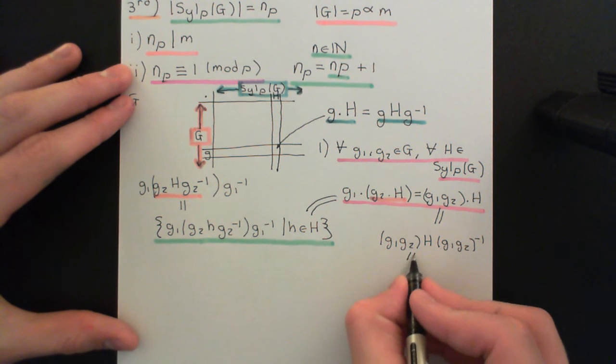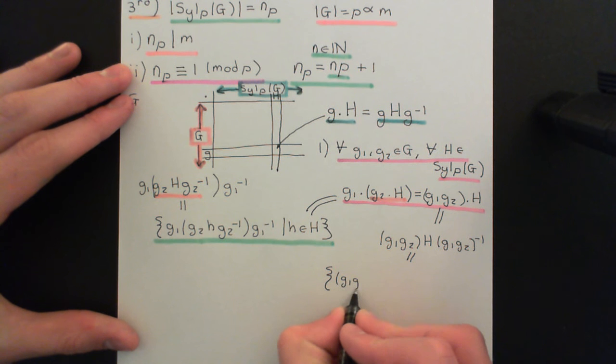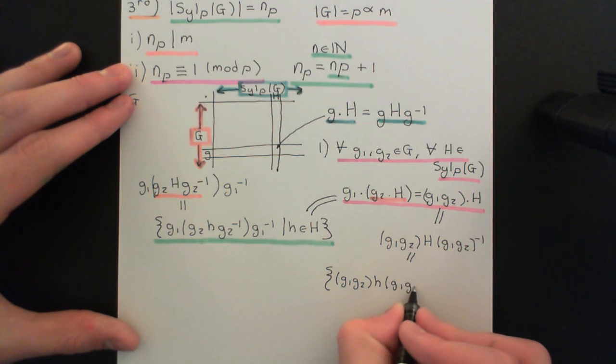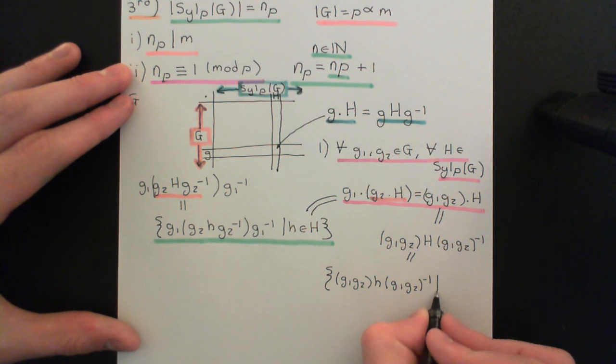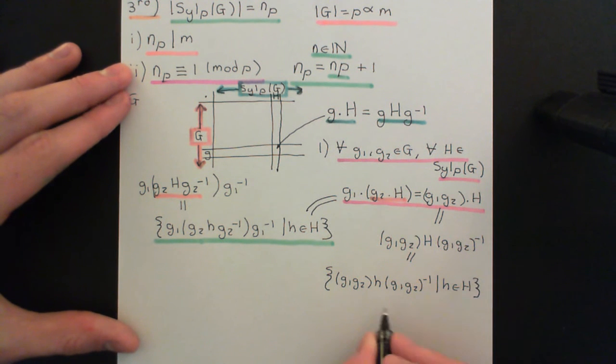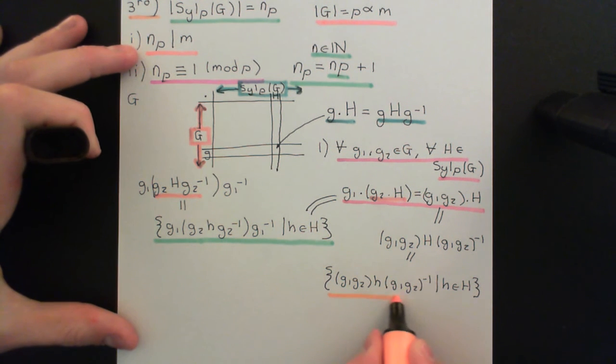Okay, so as a set, this will equal all things of the form G1 composed with G2, little h, and then we'll have G1 composed with G2's inverse, and little h will be an element of the subgroup capital H. Okay, so we'll just go through and conjugate all of the elements of our Sylow P subgroup by this element